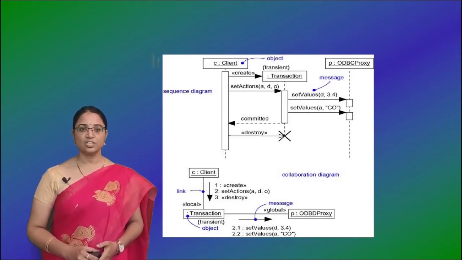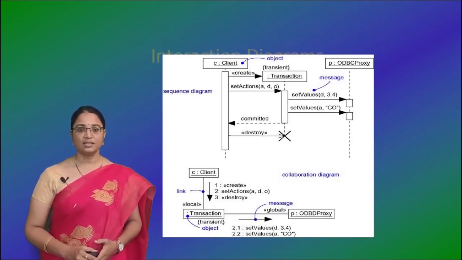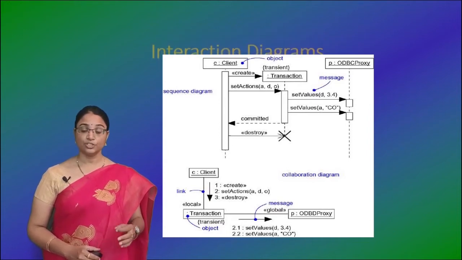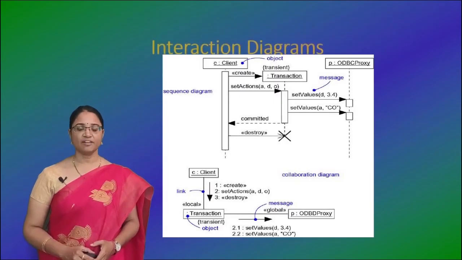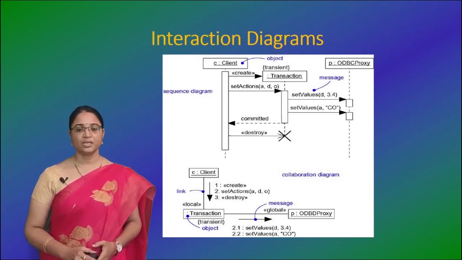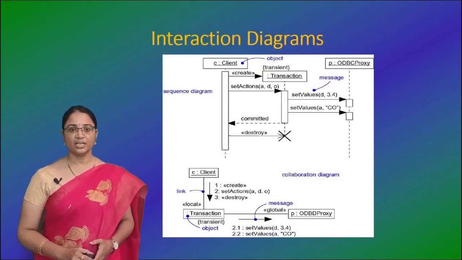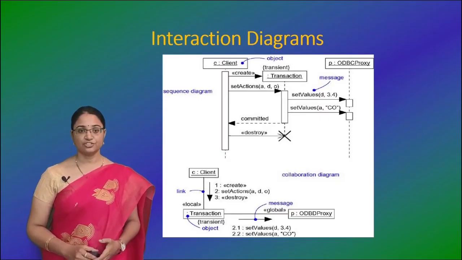Second, you can focus on the structural relationships among the objects in an interaction. And this can be done by using a collaboration diagram, which is also known as a communication diagram. The UML provides a graphical representation of messages. This notation permits you to visualize a message in a way that lets you emphasize its important parts, its name,